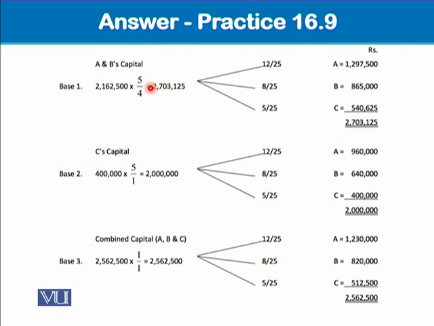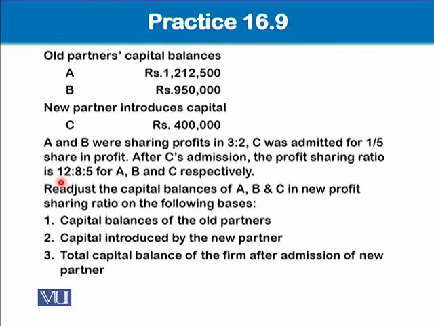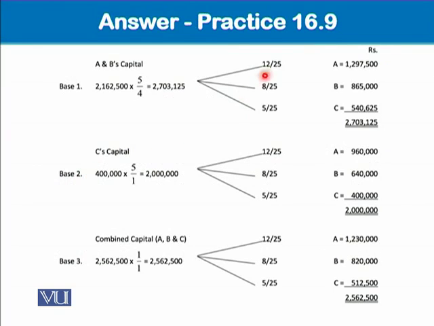Again simple mathematics, it is known as grossing up. We are just grossing it up and making it equal to 5 slices, which comes to 2,703,125. Now divide this amount into the new profit sharing ratio 12, 8 and 5, which is given here. Divide it by this, you get